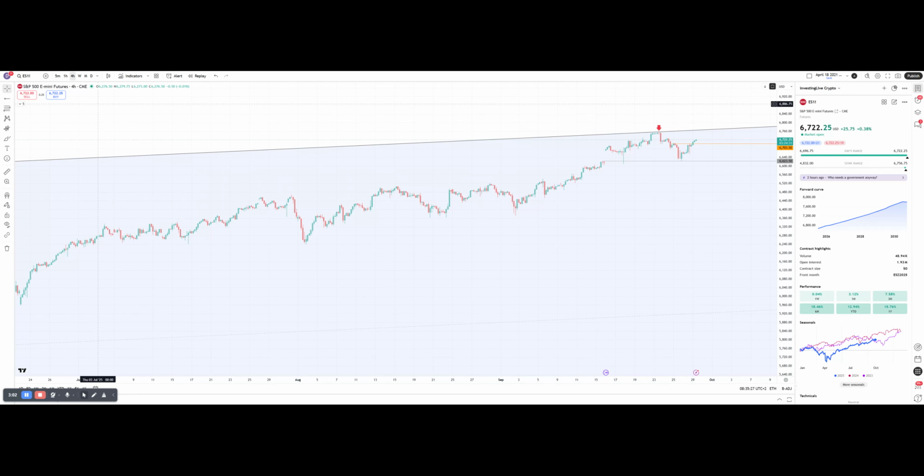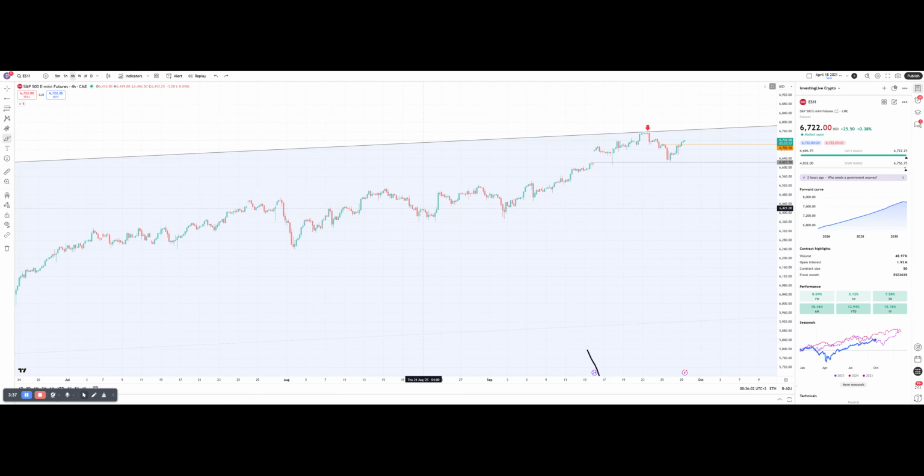Okay, so I've zoomed in. I'm looking at the 4 hours, and what's interesting here, we have a contract rollover date, and it created a gap. It means that the next day, as the S&P 500 E-mini futures rolled over to the next contract, from the September to the December contract, we have a bit of a gap here, as you can see, between this high and this low.